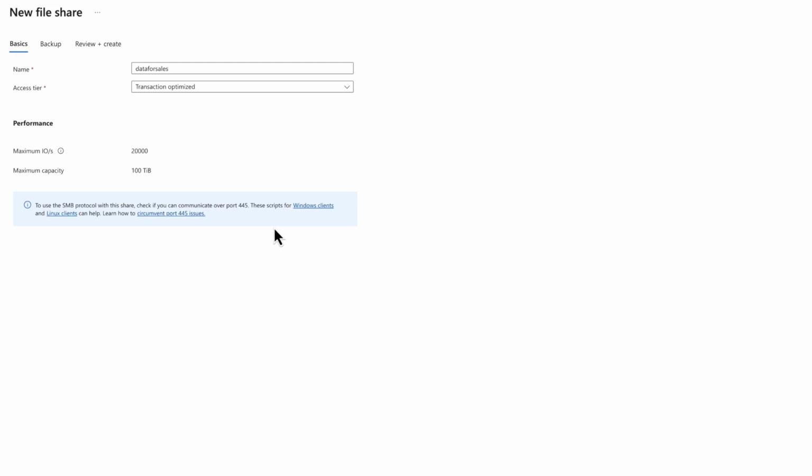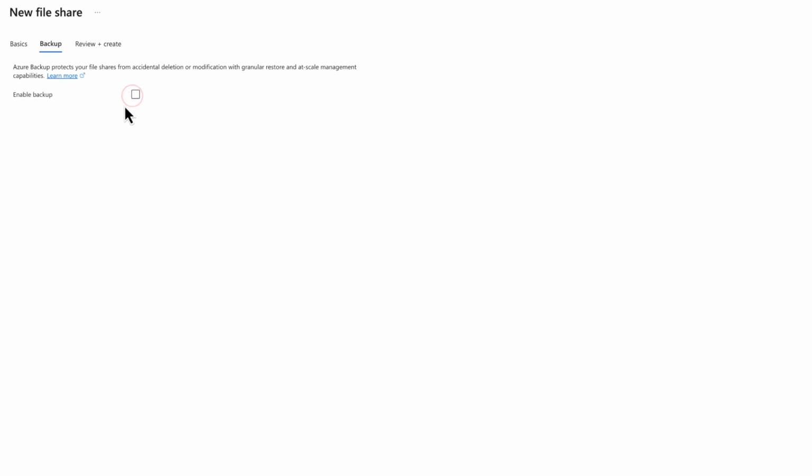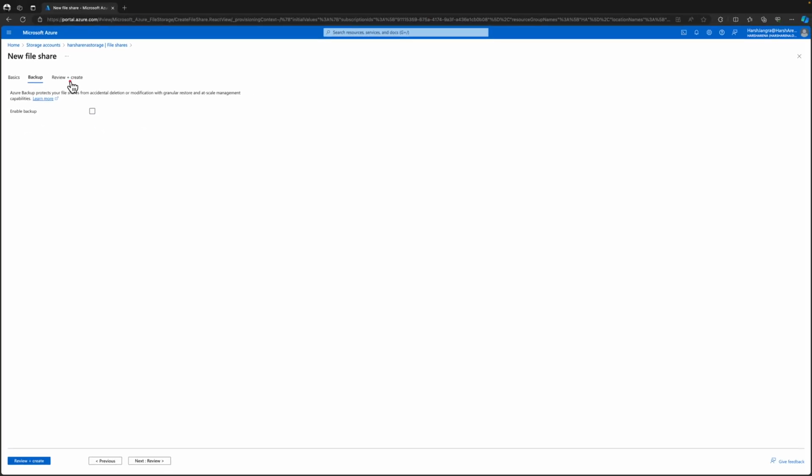In case no, then one option is ExpressRoute, I already told you, and the second one is the site-to-site VPN, that is for the internet user. I mean, you can go ahead and understand more about it. But I'd just like to highlight one point which has been added in 2024, that you can now start taking backup of these Azure file shares as well, which is a great sign. But at this moment, I don't want to take any backup. I'm happy, so simply click on review and create,